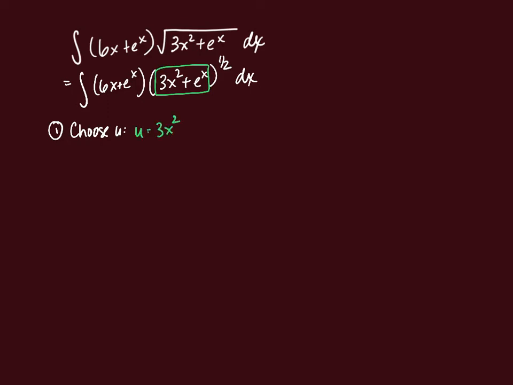And remember, we also want to keep in mind how we choose our u, that its derivative, or something very, very close to it, is also there in the problem. And I look at that real quick and I go, ooh, 6x plus, yep, I see that in the problem. Du over dx. So the derivative of 3x squared is 6x, plus the derivative of e to the x is e to the x, times the derivative of the exponent, but that's just 1, right? So the derivative of e to the x is just e to the x. Step 3, solve for dx.